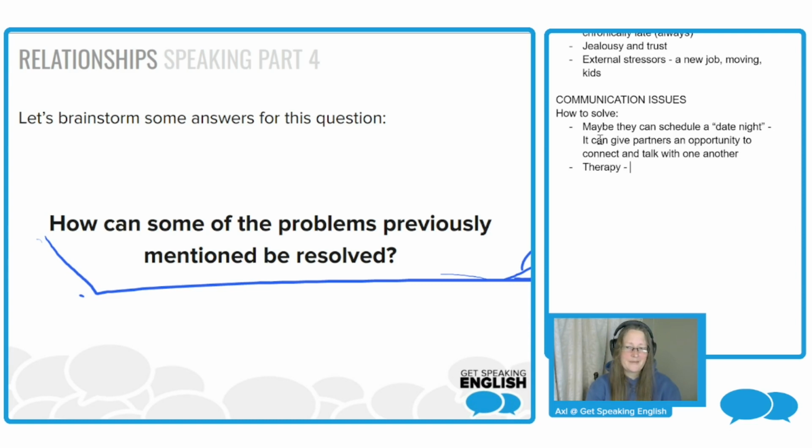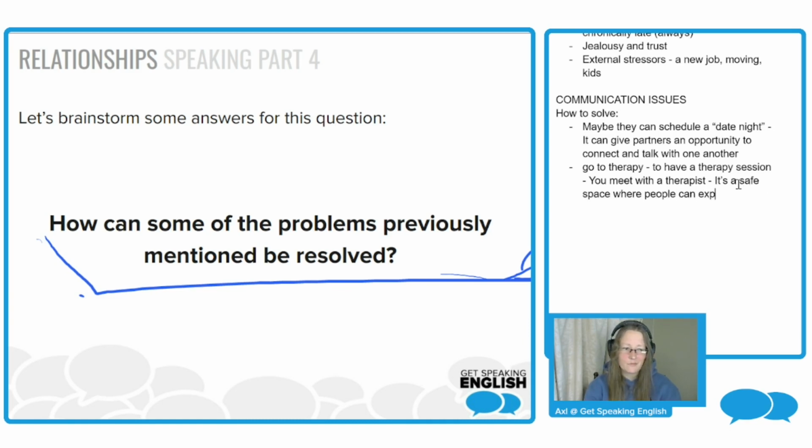Maybe also therapy is an idea. Maybe you could have some therapy sessions. And what is therapy? There are times when you would meet with a therapist, which is basically a trained professional, sort of like a doctor, somebody who knows how to work through issues, communication challenges, those sorts of things, right? So maybe you would work with a therapist, you would go to therapy. You would meet with this therapist, and usually during a therapy session, they create a safe space